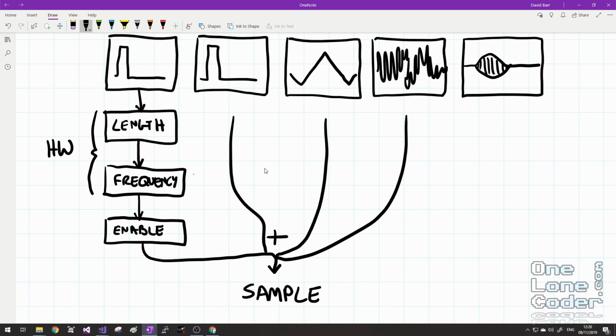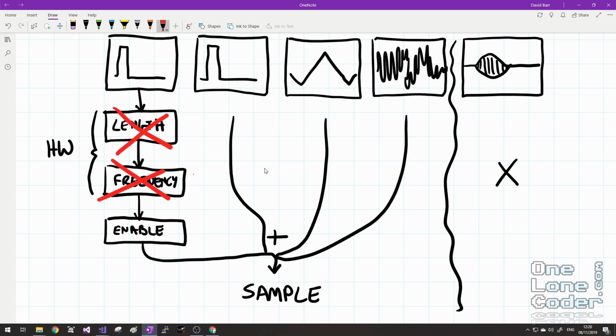This final waveform playing channel I'm not going to consider for the time being. And for this video, I'm not even going to consider these additional properties of the pulse wave channel. Now you might be forgiven for thinking this means we're not going to get very far, but you'll see that once we've got the framework in place to start generating sound, adding the other channels is not very complicated. But it is the establishment of this framework which is critical to get right, because it's going to completely turn